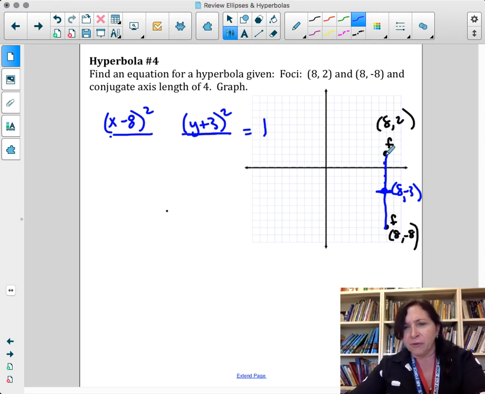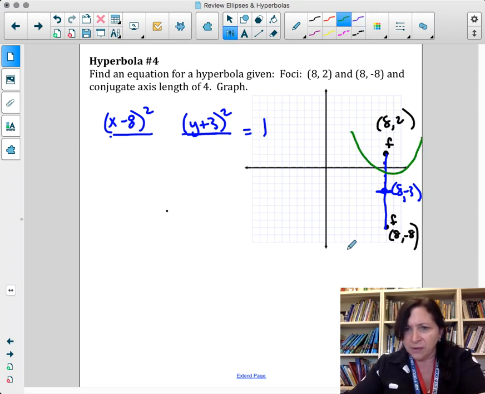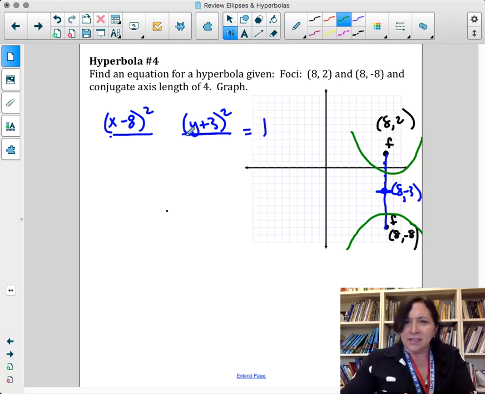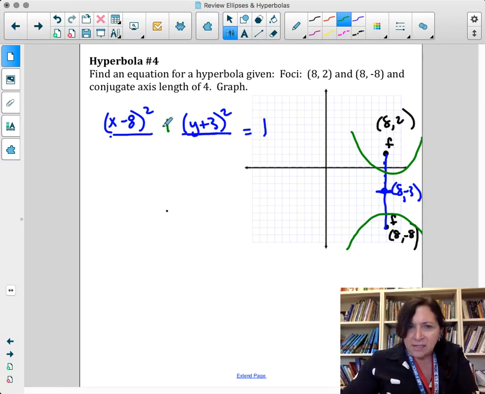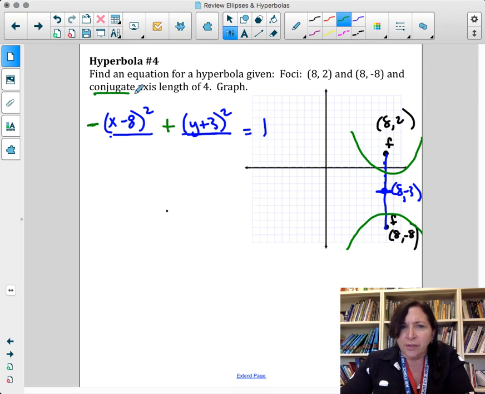Additionally, because my focus points are cupped within my hyperbola, I do know my hyperbola is going to do this and this, right? Which means that it's on the y-axis, which means that my y term is the positive term, and this is now negative, okay? We also know that the conjugate axis